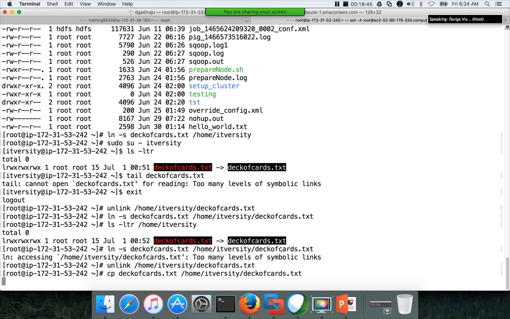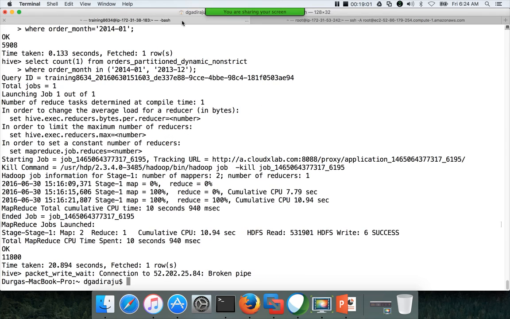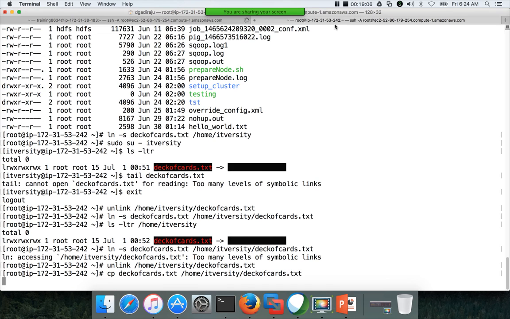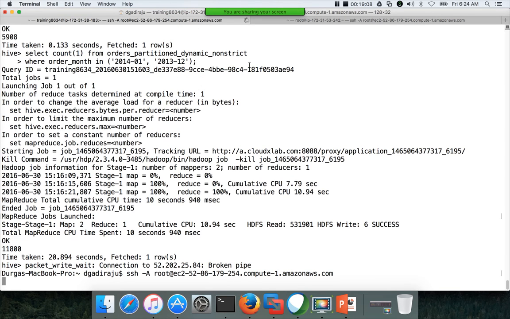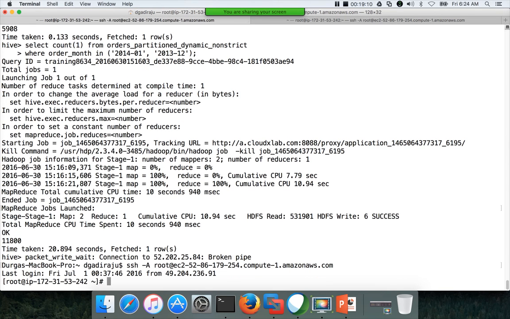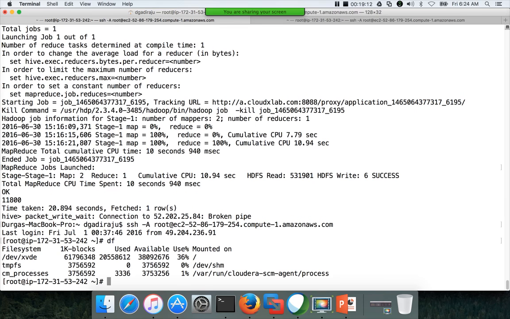It's a 4 GB file, so it will just take a moment to copy this file. It should not take that long. I'm not sure why it is taking a very long time. There is enough space.